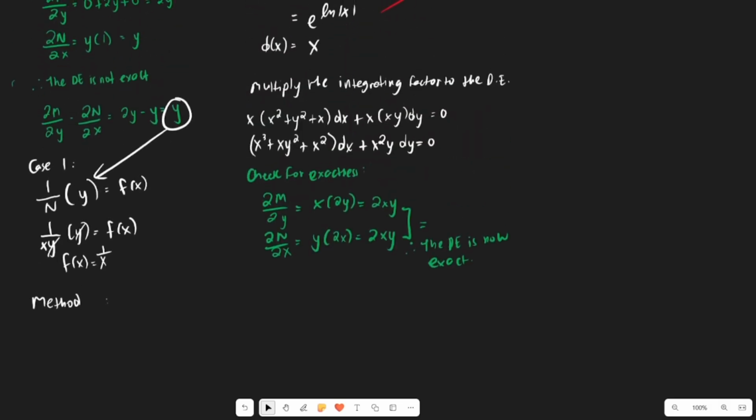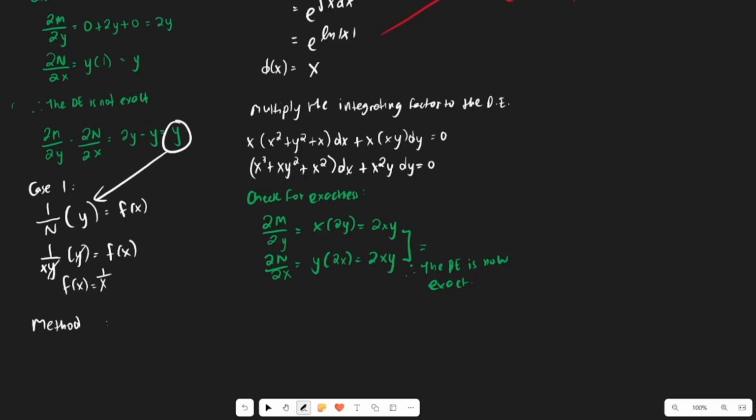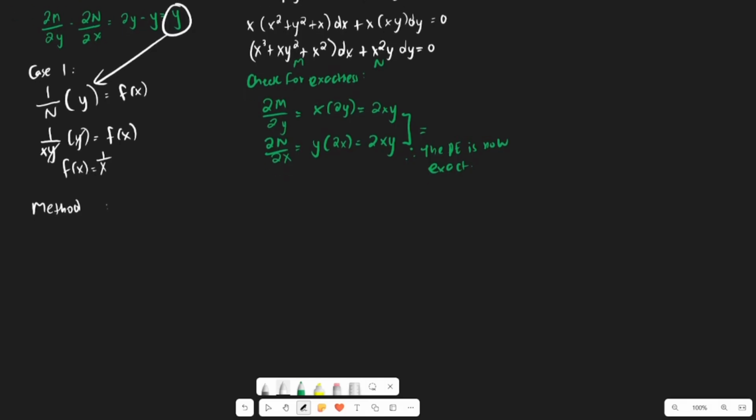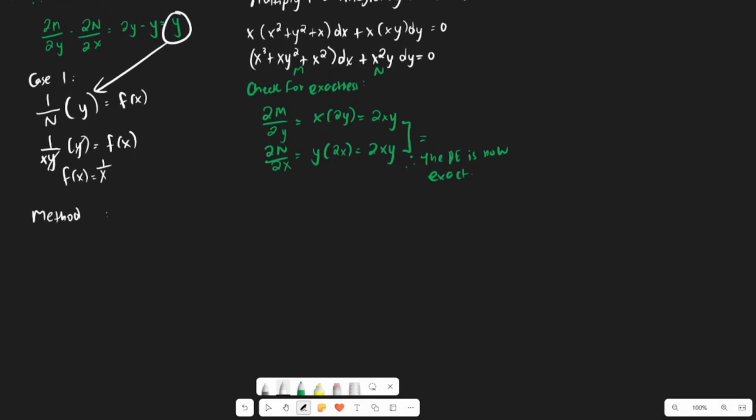So let's choose which of those methods we can use so that it is easier for us to integrate and differentiate either expression M or expression N. So we select between the two, and it is actually easier to integrate and differentiate expression N. So the method that uses expression N is method 2. Okay. Now method 2,